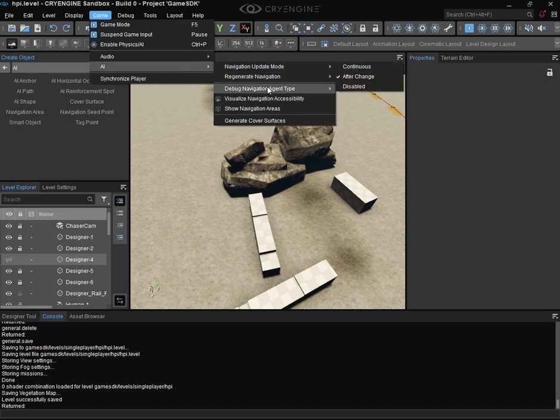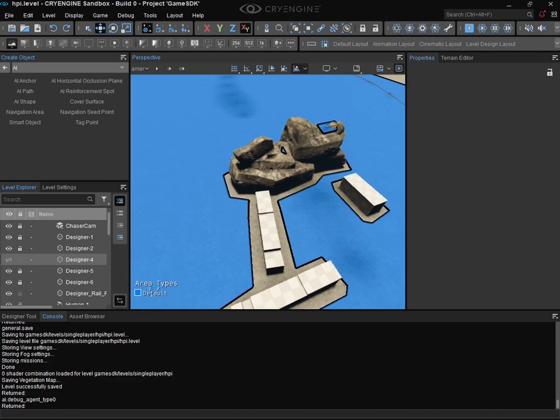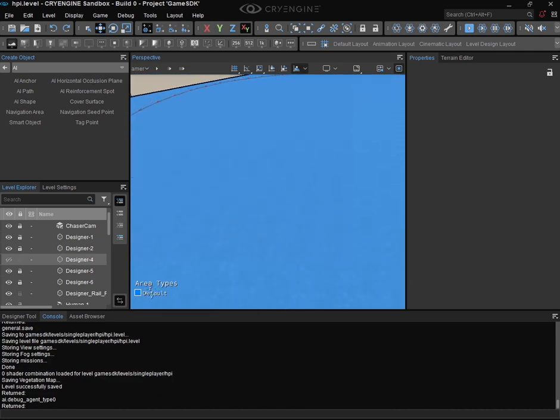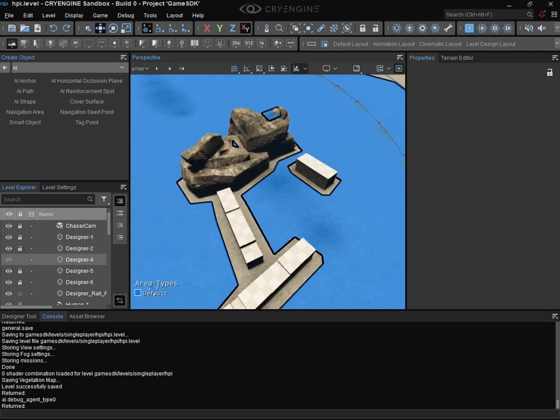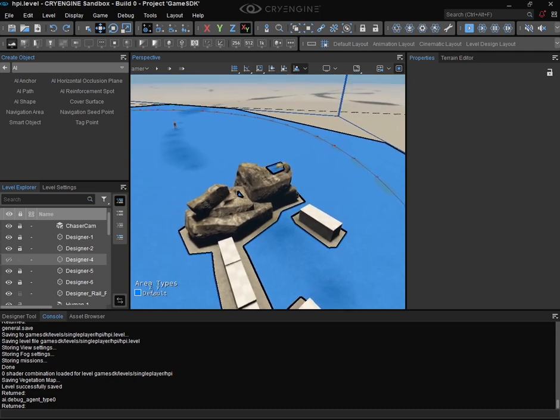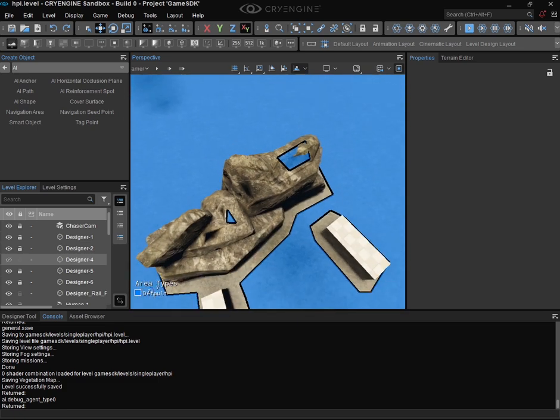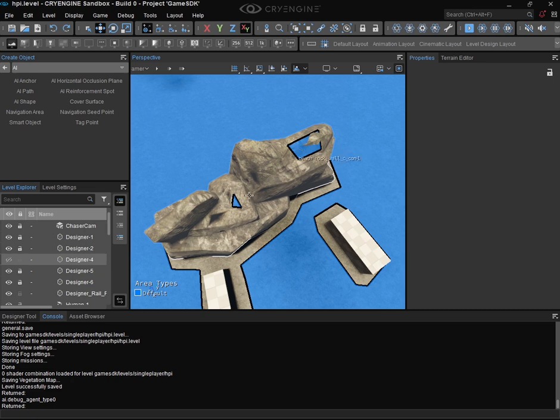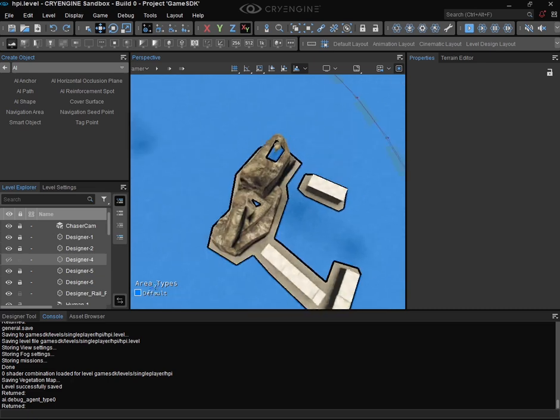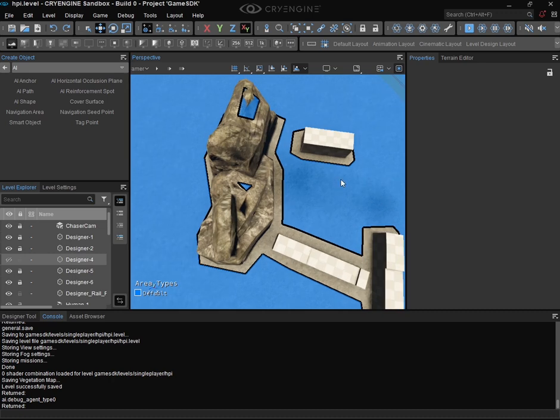AI debug navigation area type, visualize medium-sized characters. You can see the blue regions is where our AI character can walk into, or for example drive a vehicle or walk around. But there is a problem here. You can see these two blue areas here. When our AI character wants to walk from this side to this side,